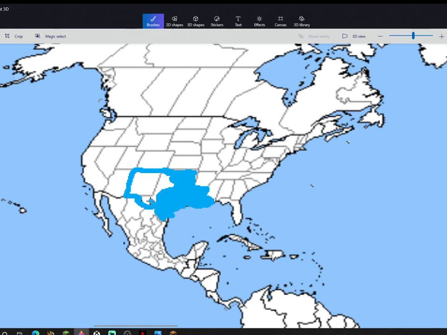So this is how it's gonna look. This will be made of, in the U.S., Oklahoma, New Mexico, Louisiana, and Texas, with a little bit of Arizona. But also, with these states of Mexico,